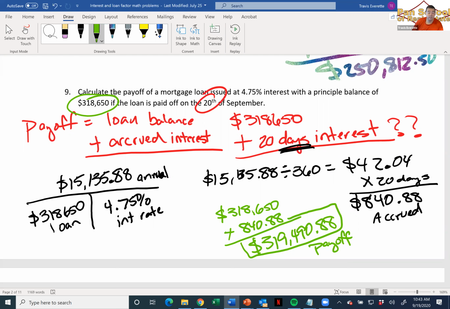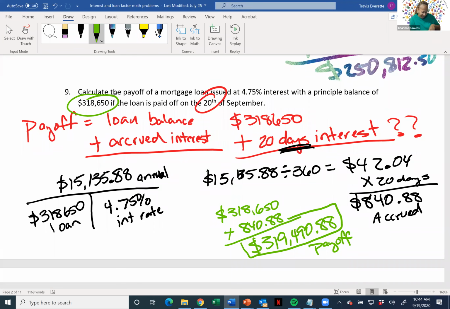This is one of those things that when I present an offer to a seller, I am estimating their loan payoff based on the proposed closing date in the offer. Does that make sense? If the offer says we're closing on October 15th, I'm going to have figured out what 15 days of interest is on their outstanding loan so that I can show them this is what your payoff will be if we close on that day that they've offered.